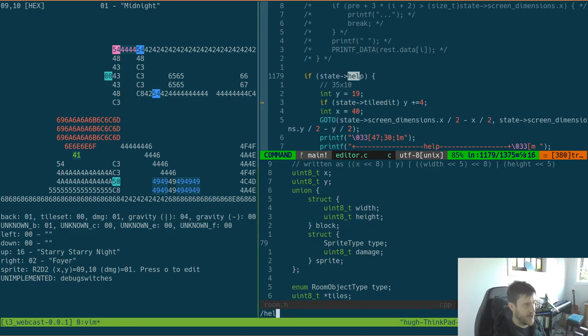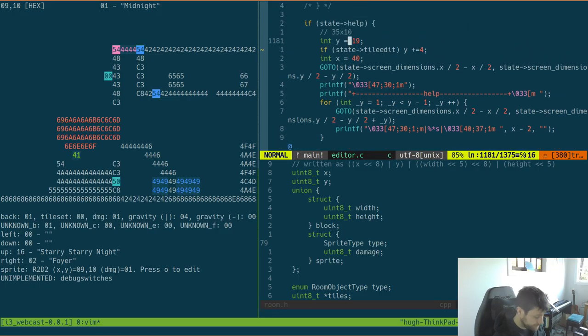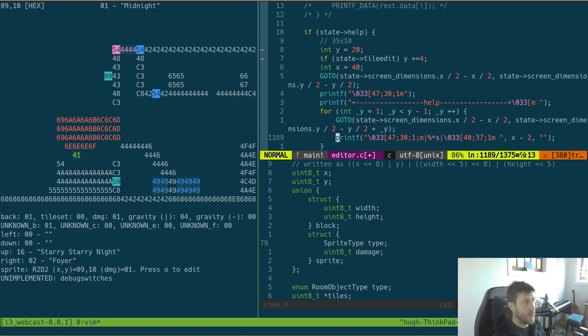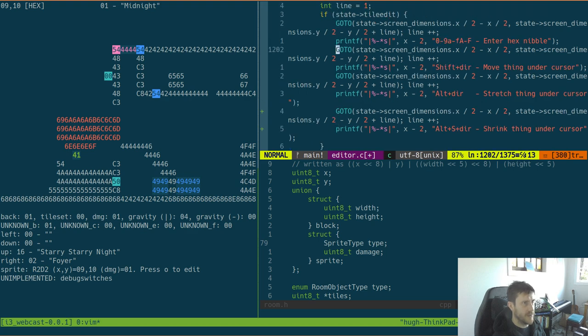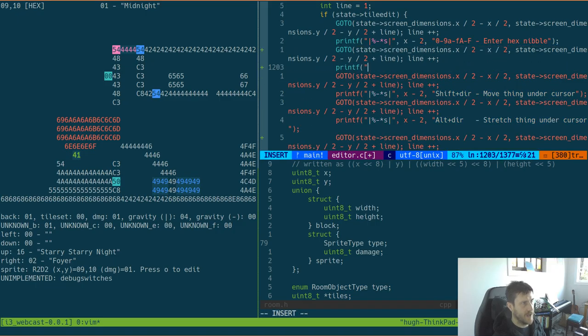And so when we're doing the help, we should probably also say that we have an extra key. Well, actually, no, we have an extra key if we're doing tile edits. And when we are doing tile edits, we can probably at this point. So I think I just want to do that and then print it. So I do kind of want to do that and then find that one and change this to be O. And this can be